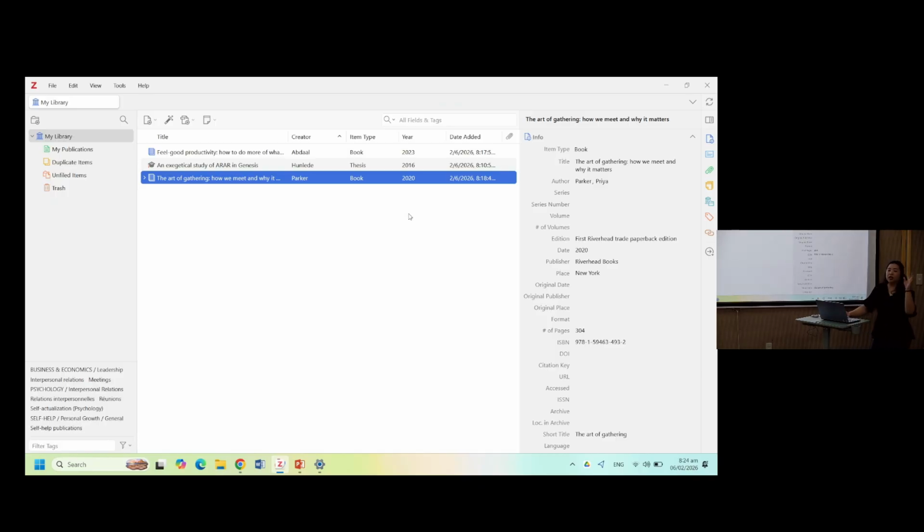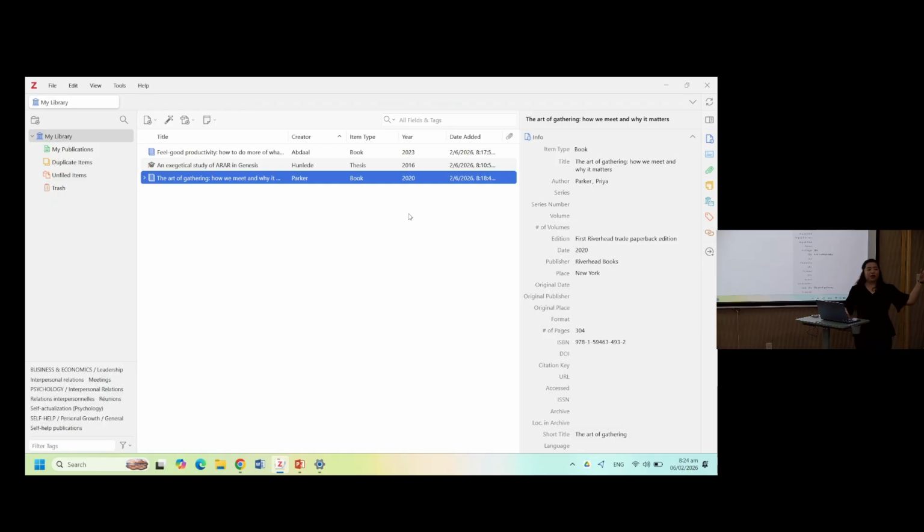One reason it might not generate the information is that you're not connected to the internet or your ISBN is wrong. If you can remove those two from the equation, then the third possibility is that the information is really not available online. Okay?